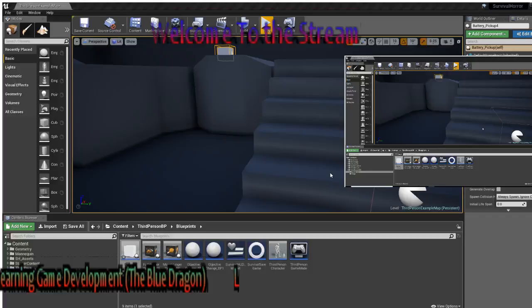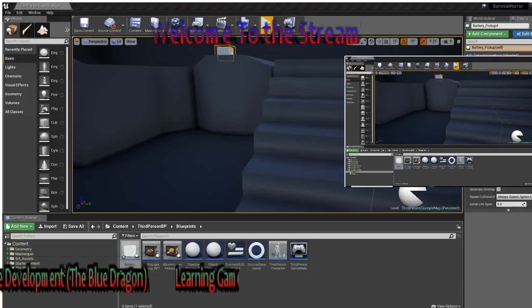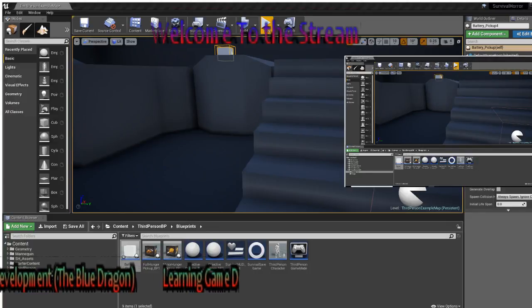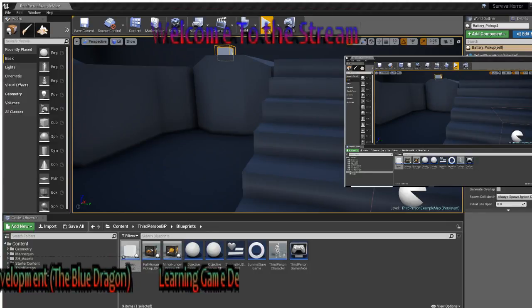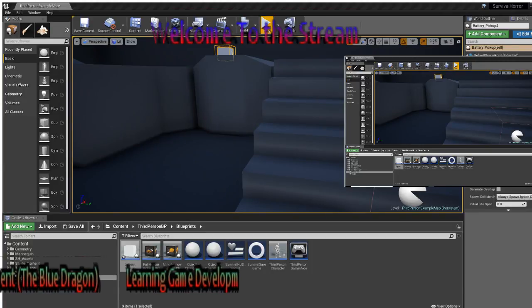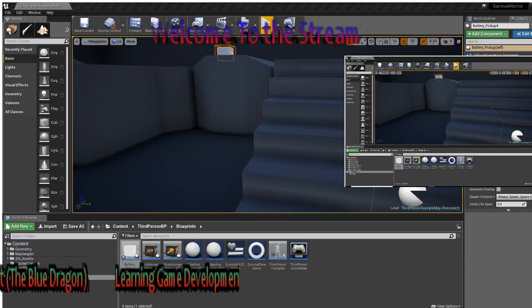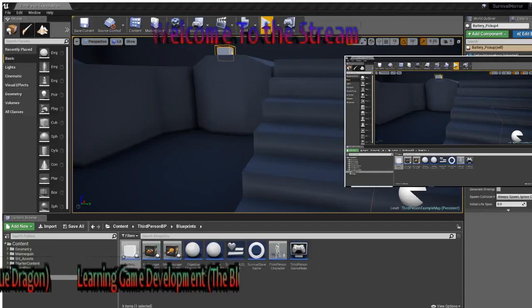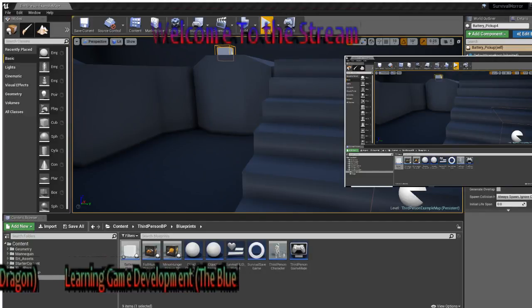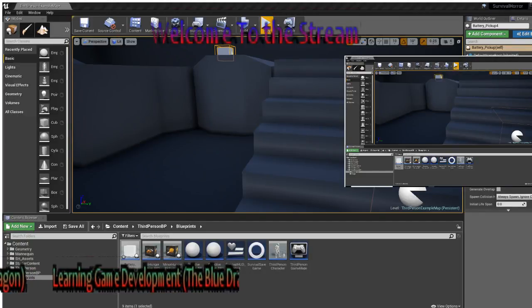So if I press compile now, and press play, and jump in and start collecting these, you can see they destroy themselves as soon as we touch them, and it's working just great. That's pretty much everything for our pickup. There's one last thing which I'm also going to do, which is import a couple of textures that I made, and apply it to the box. You don't actually need to do this if you don't want